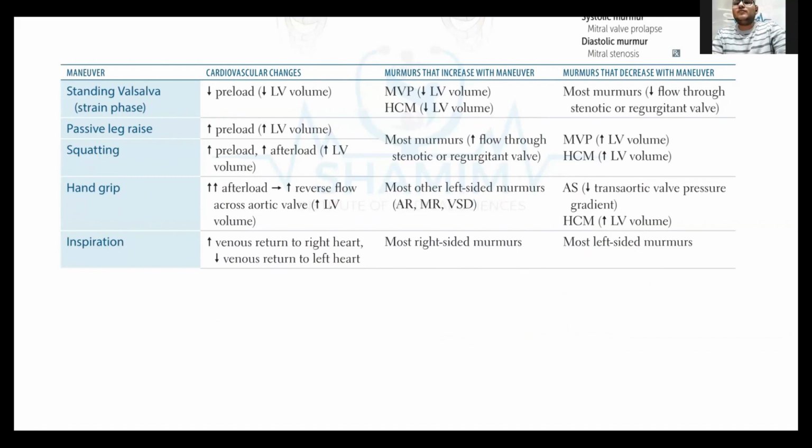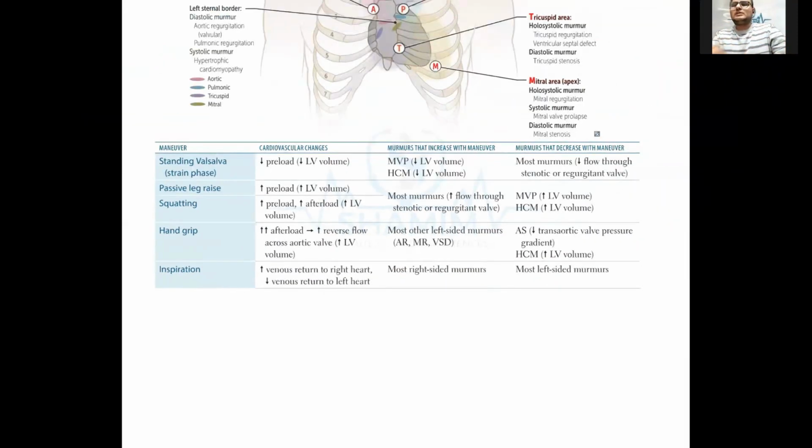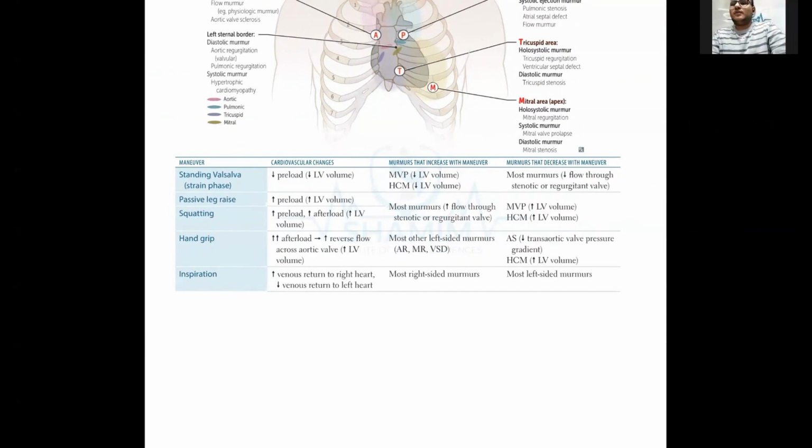ओके, नेक्स्ट इज इंस्पायरेशन। इंस्पायरेशन में जनरलाइज क्या होता है, वेनस रिटर्न बढ़ता है, तो राइट साइड के मरमर बढ़ते हैं इंस्पायरेशन में, और लेफ्ट साइड के कम होते हैं। रिमेंबर, जनरलाइज्ड इंस्पायरेशन इंक्रीजेस वेनस रिटर्न, जिससे राइट साइड के मरमर बढ़ेंगे और लेफ्ट साइड के कम होंगे। ओके, तो दिस वाज आवर टॉपिक के मरमर्स का डिक्रीज एंड इंक्रीज। ओके, व्हाट आर द डिफरेंट मैन्यूवर्स हमने वो डिस्कस किए, एंड व्हाट आर द इम्पैक्ट ऑन डिफरेंट टाइप ऑफ मरमर्स।